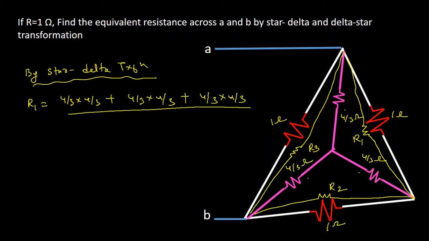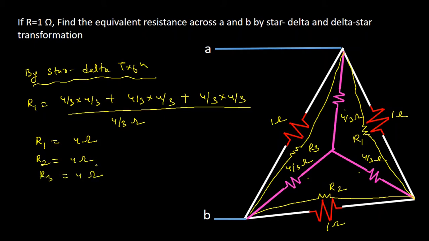Now to find the resistance R1 we have to take the resistance in front of this resistance R1 in the star connected network for the denominator. So in front of R1 4 by 3 ohm is there. So in the denominator we have 4 by 3 ohm. When we solve this equation we get 4 ohm. R1 is equal to 4 ohm. Since all the resistances in the star connected network are equal, which is equal to 4 by 3 ohm, R2 will also be equal to 4 ohm and R3 will also be equal to 4 ohm.